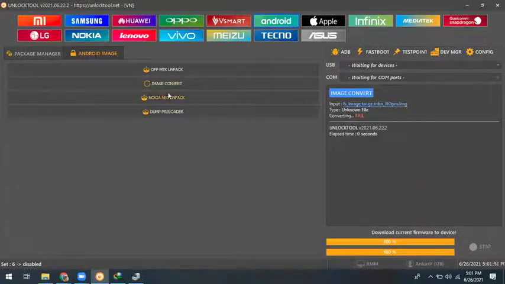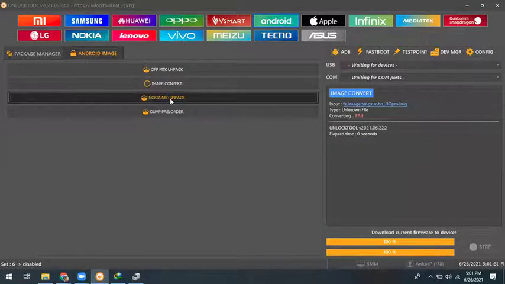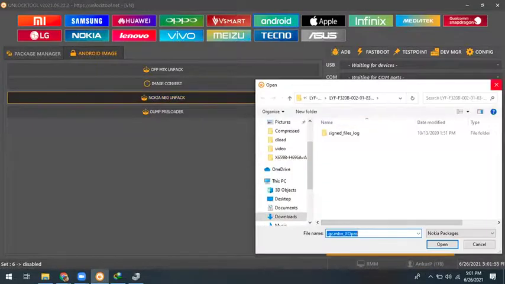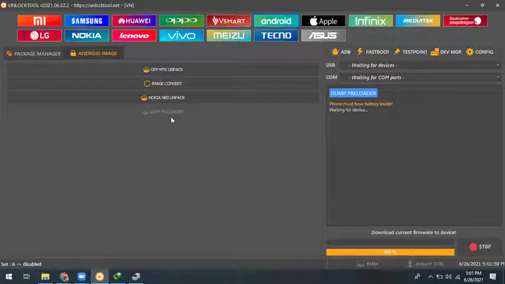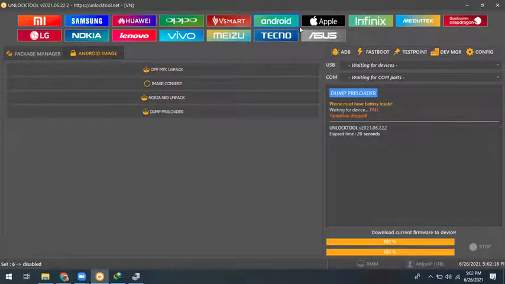So you can take the image file, Nokia NB0 file. You can directly unlock that and dump the preloader file. You can take the dump file also. So you need to have a MediaTek device for the dump preloader file for security purpose.